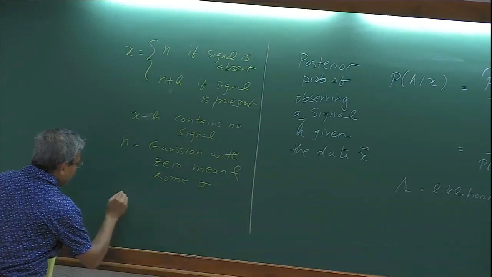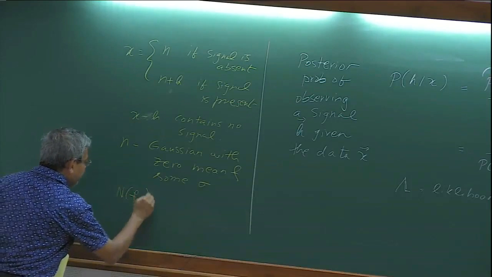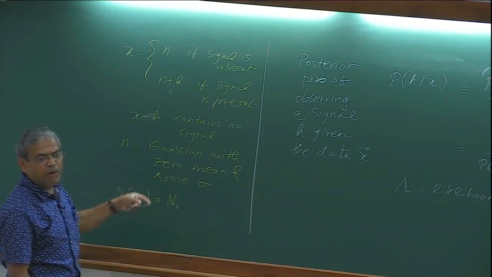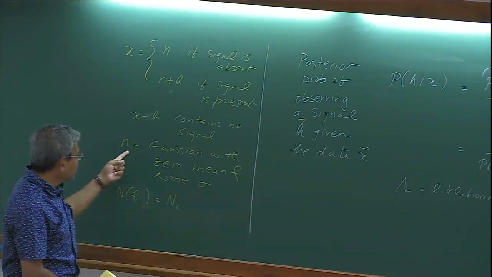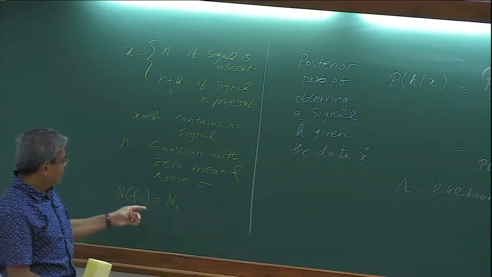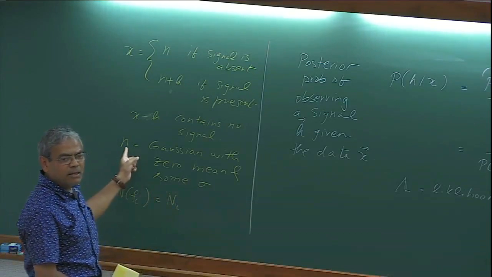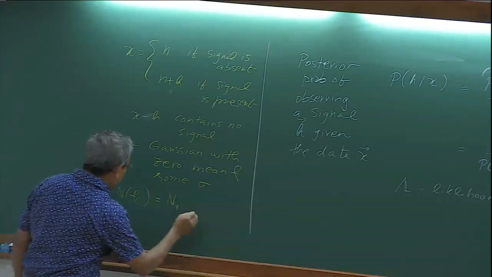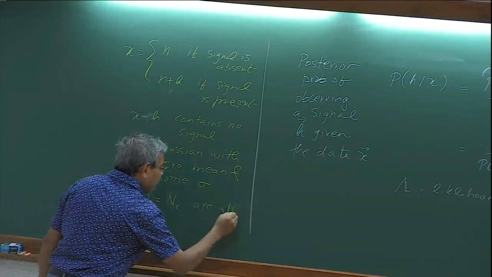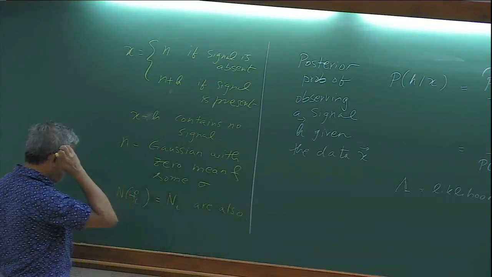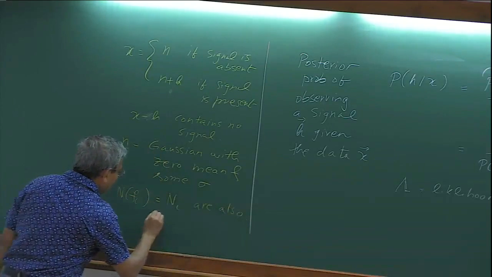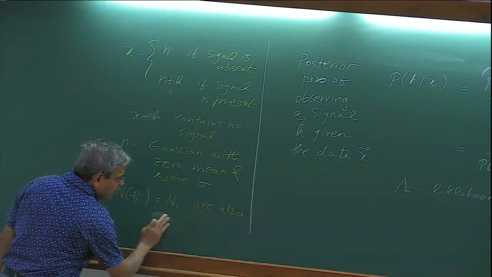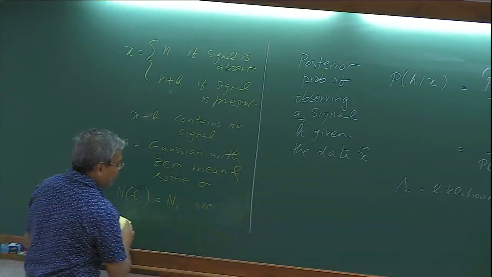The noise at frequency f_i, which I'm going to denote as N_i, is also a Gaussian random variable for reasons I mentioned. Fourier transforms are simply linear functions of the noise multiplying by plane waves. Therefore, N_i are also normally distributed, or normal,